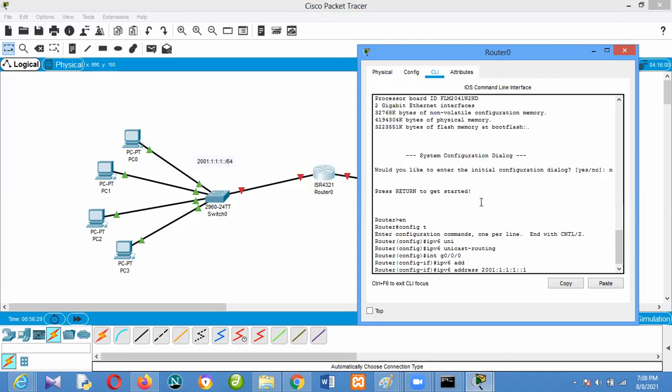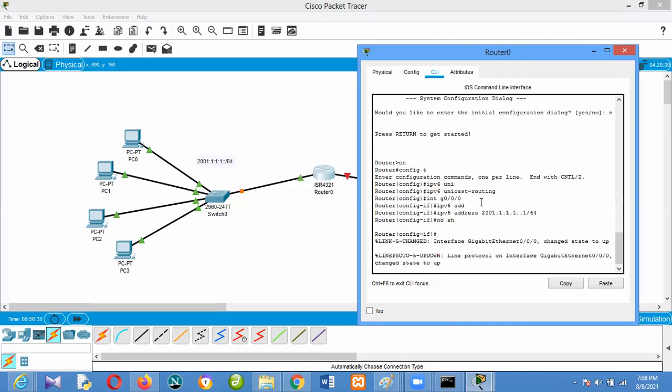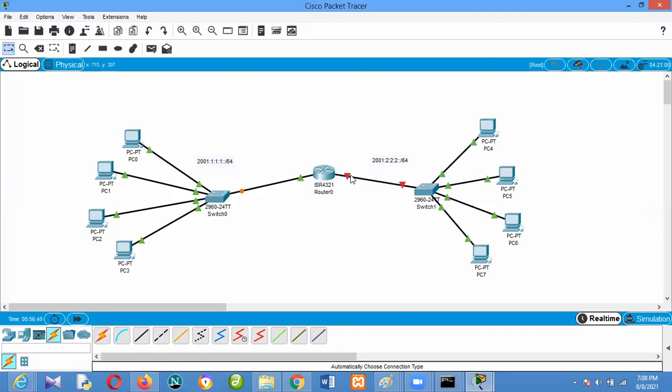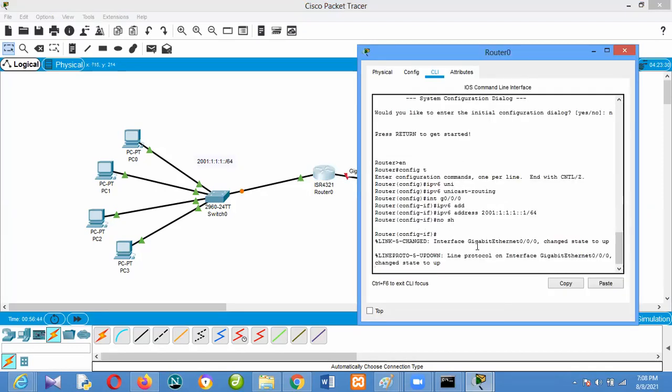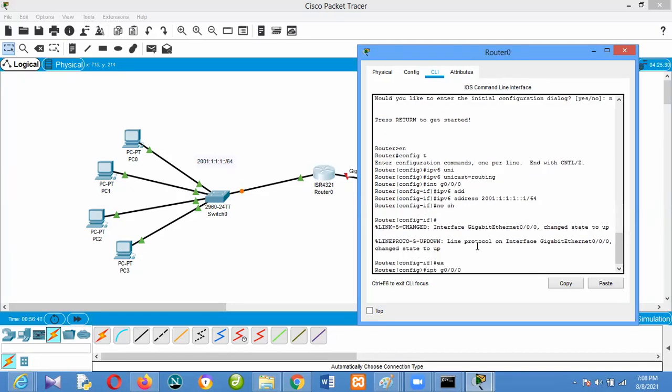The subnet prefix length is 64. Then no shutdown, this is up. So I now check this other interface. This one is G0/1. I'll go to G0/1.